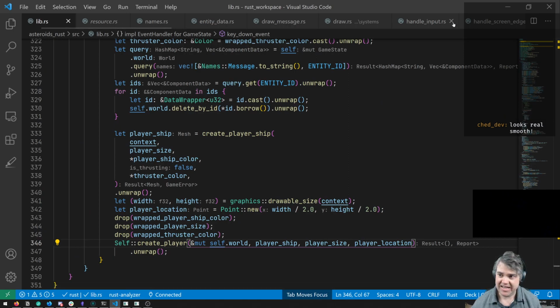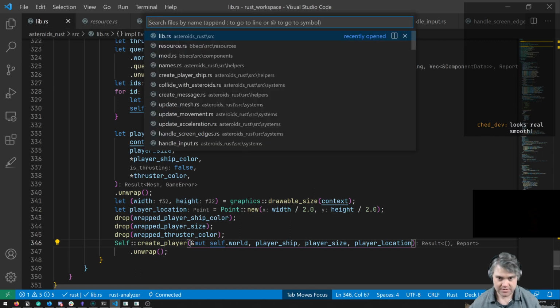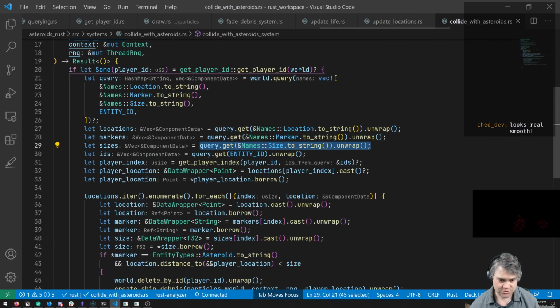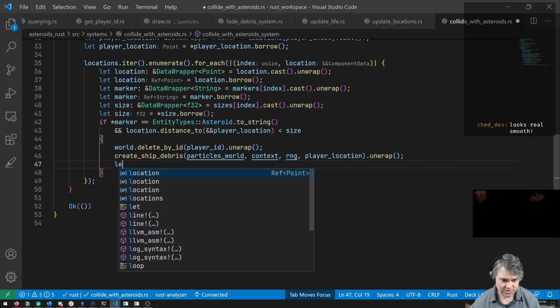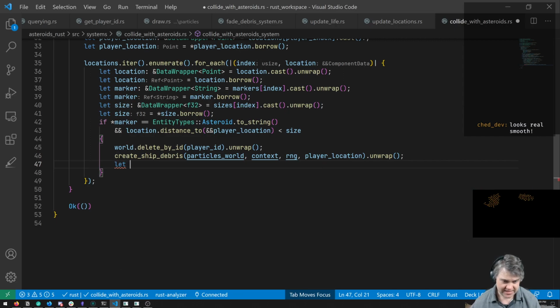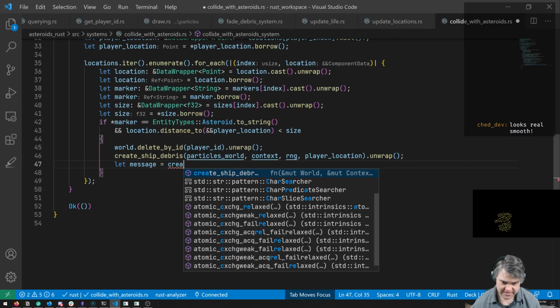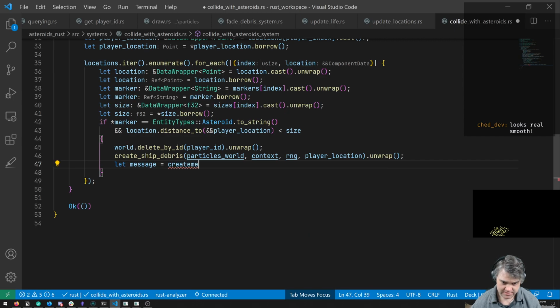That's going to be the collide with asteroids in here. Here we delete by ID, create the ship debris. We add all that stuff in. Well, what if I also let the message equal create message?